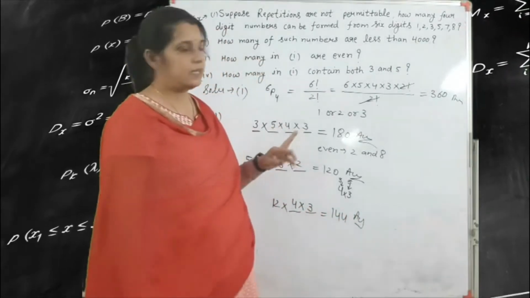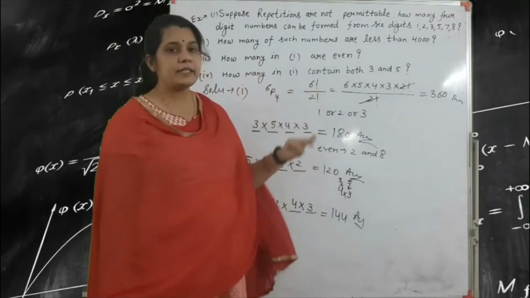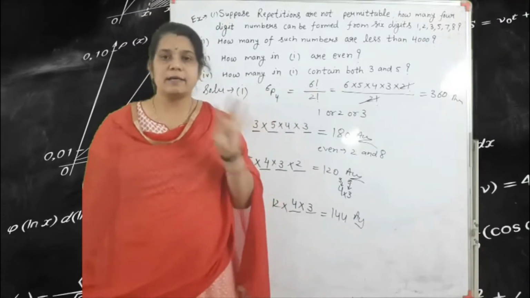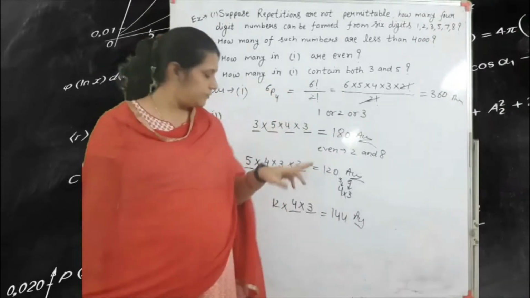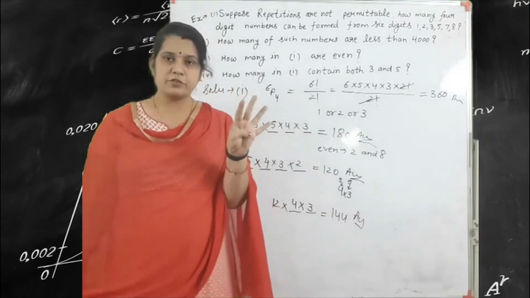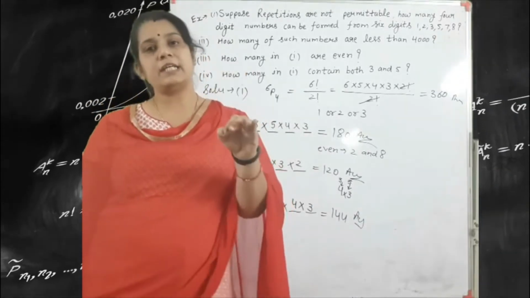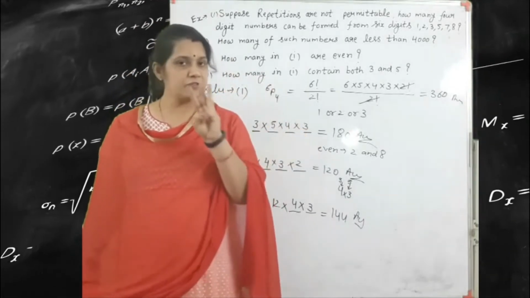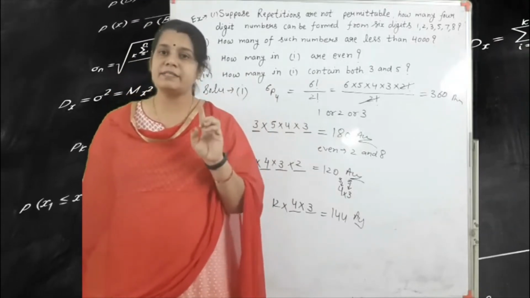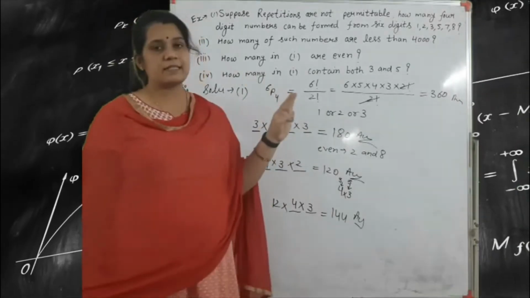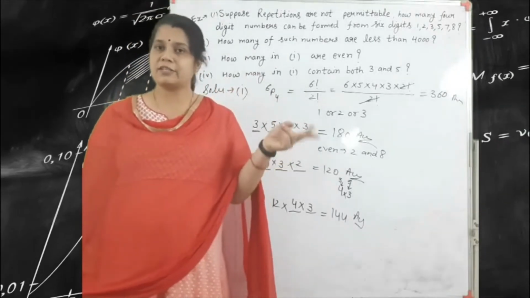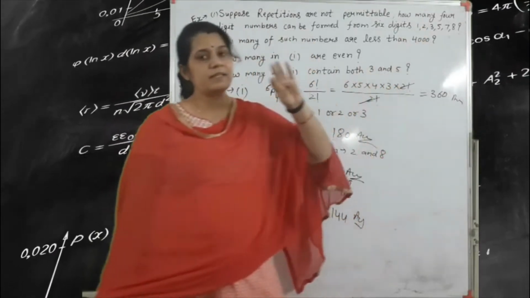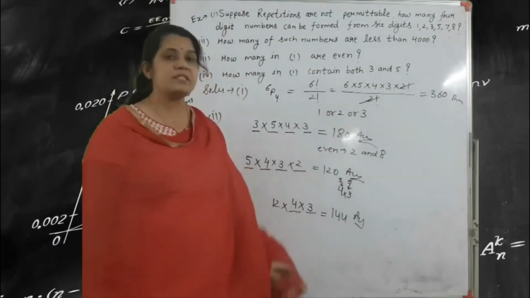Don't be confused here. According to your fourth question, 3 and 5 are given and always written in the 4-digit number. So 3, we write in any of the 4 places. If we put 3 in any place, the remaining places are 3, so according to 5 we have 3 places. So 4 into 3, that means 12. According to the 4-digit number, 2 places are fixed here, 3 and 5. So the remaining 2 places, and the remaining number of digits is 4. So 4 into 3, that means 12, and 12 into 12 is 144.